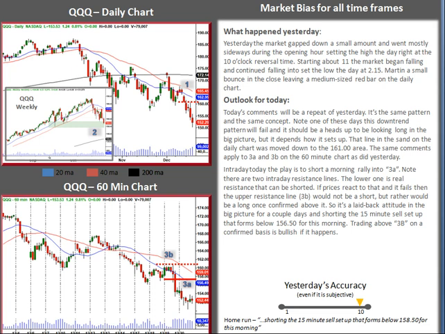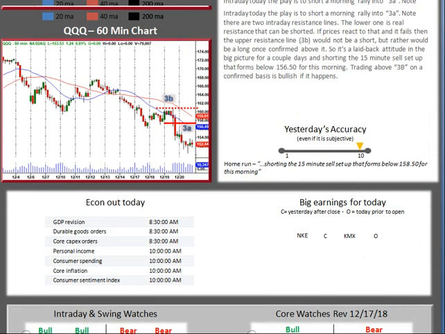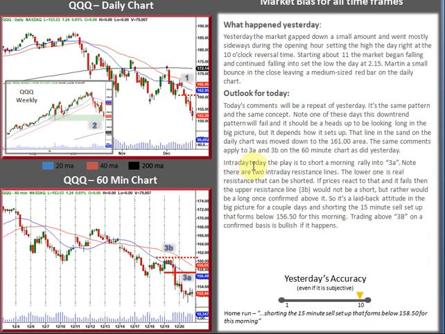Or what I started to say was, I'll be bullish today if. If what? Well, if then. If this happens, then I'll be bullish. In other words, typically we'll set up some threshold, and over or under that threshold, we will be bullish or bearish. In other words, if we go here on this day, it says here, intraday today, the play is to be short morning rally into 3A. So notice we'd have to rally into 3A, number one, right? In other words, all this has to set up right.